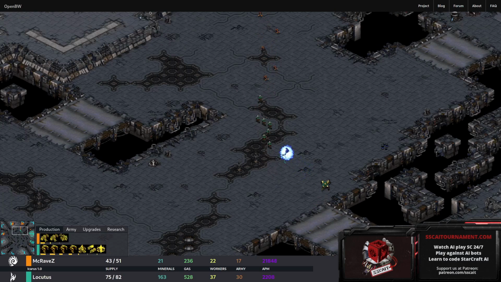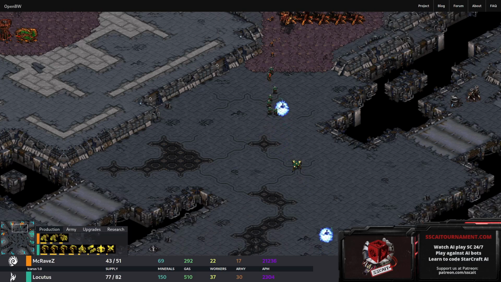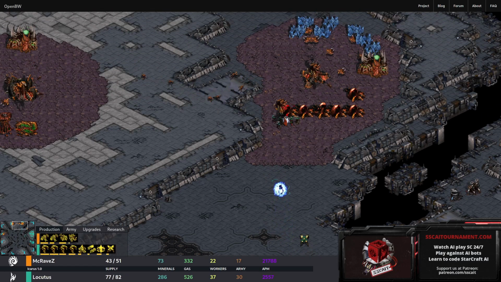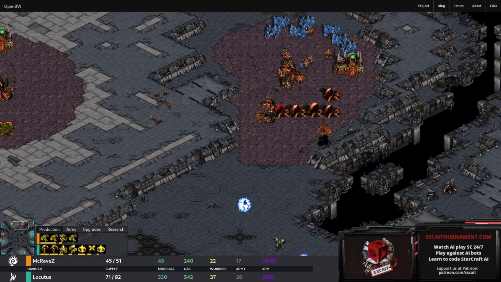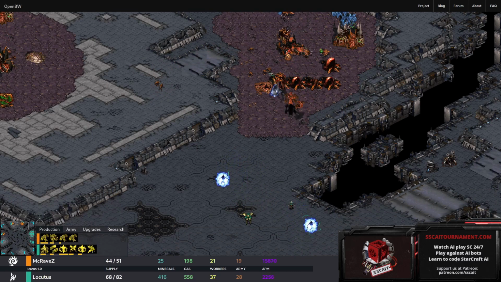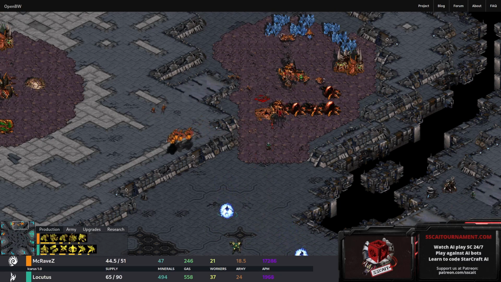Those Archons are going to do a great job of taking out all those Zerglings and those Sunkens if they can get close enough. Looks like now we've got the attack. One Sunken's going to go down almost right away. But he's got 2 air units. If he can get those Archons on the Mutalisks, he might be able to...